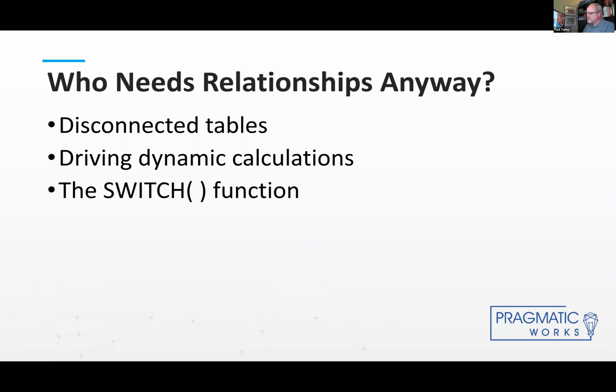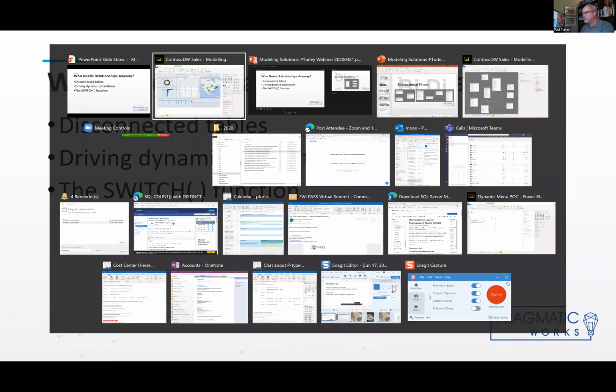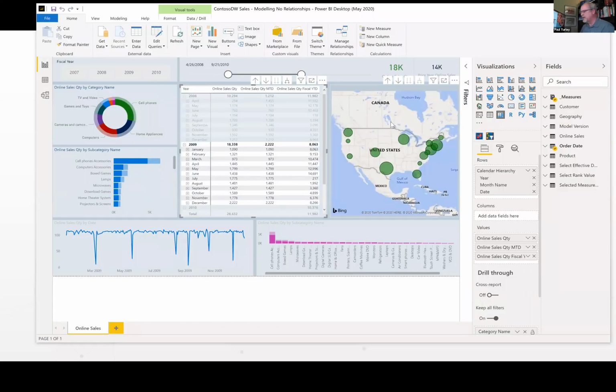Okay, so let's talk about relationships. I'm going to give you some relationship advice. And then we're going to dive deep and take a look at some specific examples. So we can do some very creative things within Power BI. And I'm just going to jump in and do a real quick demo and then explain